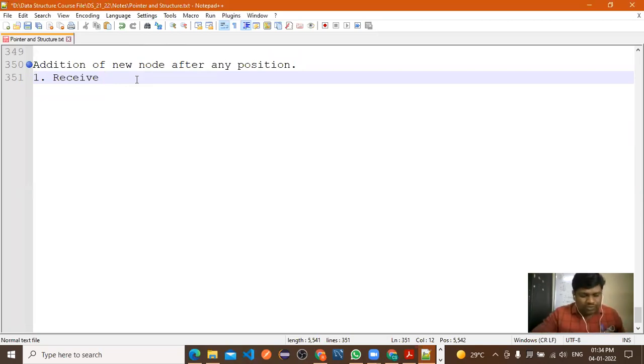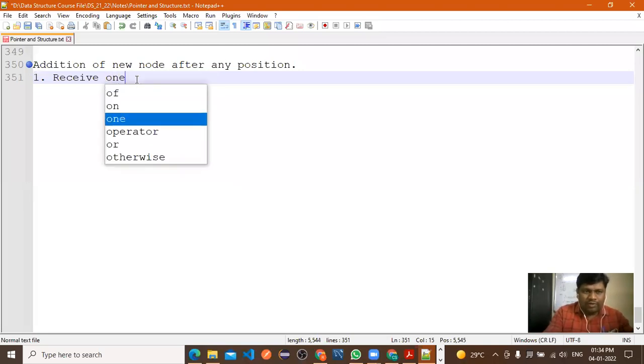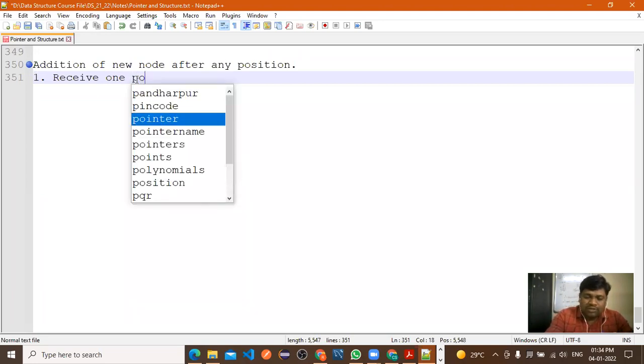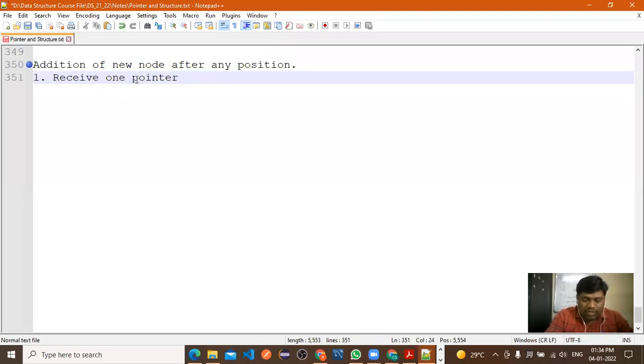Okay, what are you saying? So first, what will we do? We'll write here simultaneously. We need to receive the specific position where you want to insert, right? Correct, very good answer. After that, in our linked list we require one pointer for traversing purpose, right? We are not traversing with our start pointer, so for that purpose we'll assign some pointer.